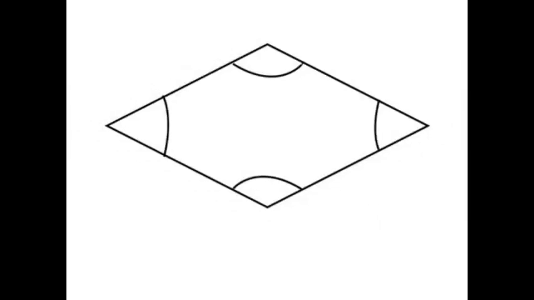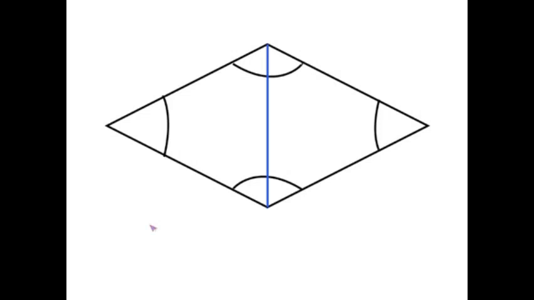Let me show you now why angles in a quadrilateral add up to 360 degrees. Let's see if we can understand where this comes from. What I've got here is a rhombus, and what you can do to actually any quadrilateral is you can add a line that links the opposite corners of the quadrilateral and split it into two triangles, as you can see here. So I've added a single line that links some opposite vertices of the quadrilateral,